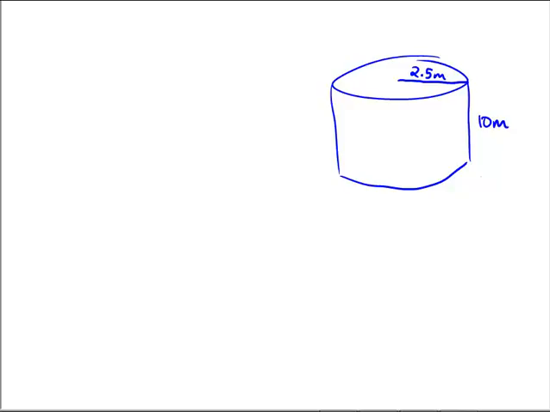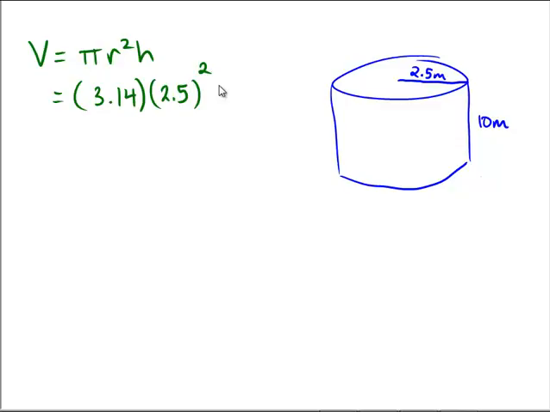And assuming you paused the video and gave it a shot, we have volume is equal to pi r squared times height. Pi can be approximated, it's close to 3.14. My radius this time is 2.5, so I have additional decimals, and that's being squared. And then the height is just 10. So in a calculator, 3.14 times 2.5 squared times 10 looks like it's giving me an answer of